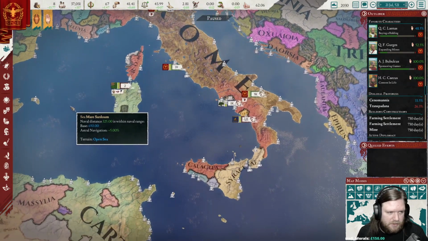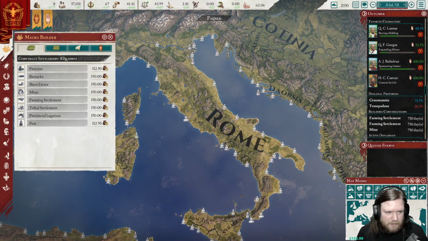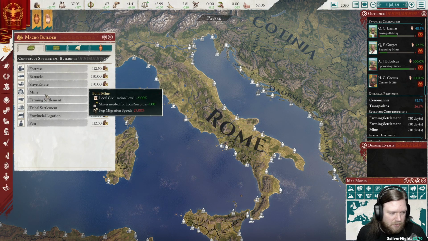EU4 macro builder is awesome. The macro builder in this, kind of useless. Like the fact is like, okay, I want to build a bunch of mines, so I can't click on it because I don't have the money, but it doesn't actually tell you, A, what products are in those provinces. That's so unhelpful. Like, why am I building a mine in a, like, stone quarry versus a gold mine? Which one would I focus? I know, definitely the stone mine. Actually, I probably would, because it comes with construction cost reduction. But still, being able to see that type of thing is...